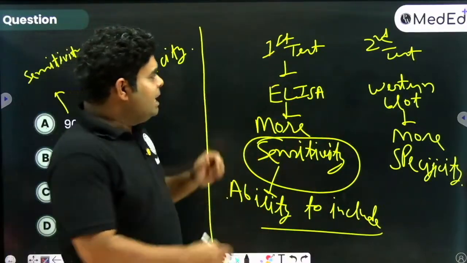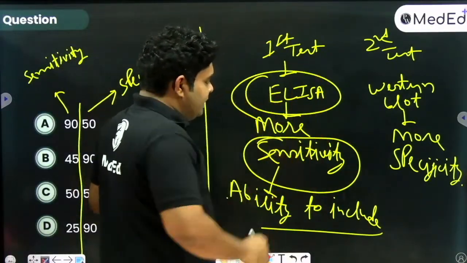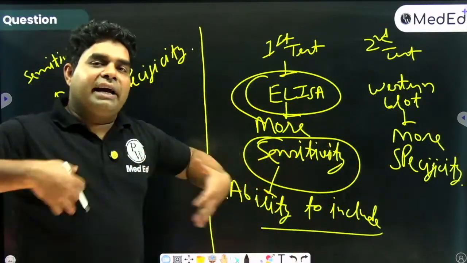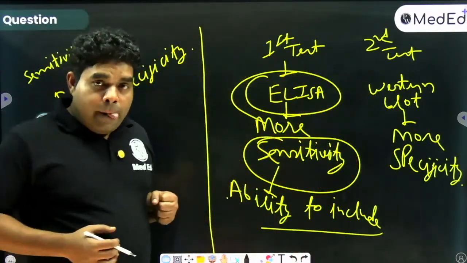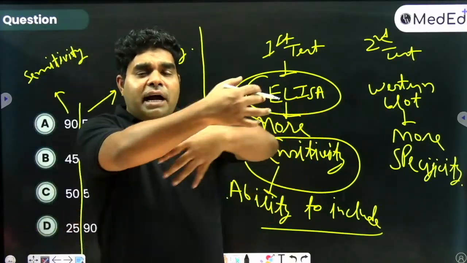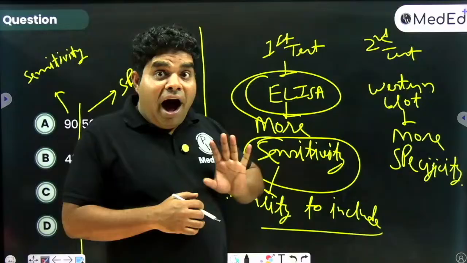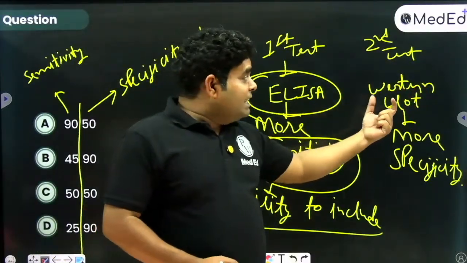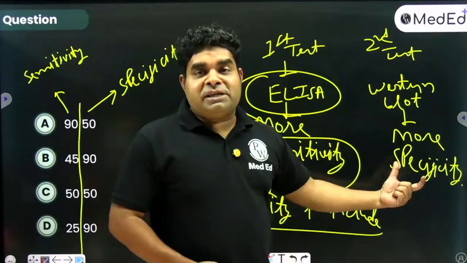और इलाइजा हम इसीलिए पहले करते हैं क्योंकि इलाइजा की सेंसिटिविटी ज्यादा है. वो ज्यादा से ज्यादा लोगों को इलाइजा में पॉजिटिव ले लेंगे. और अब ज्यादा से ज्यादा लोगों को अगर पॉजिटिव लेंगे तो कुछ लोग गलती से भी आ जाएंगे. उनको बाहर निकालने के लिए हम दूसरा टेस्ट जो रखते हैं वो ज्यादा स्पेसिफिक रखते हैं, क्योंकि स्पेसिफिक का मतलब